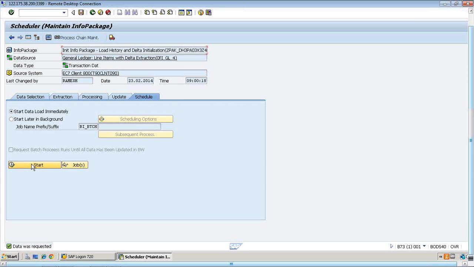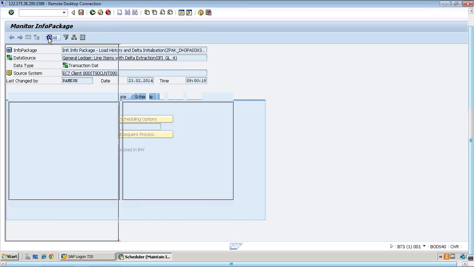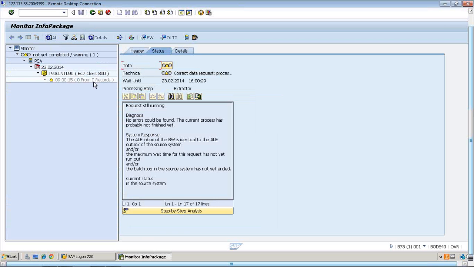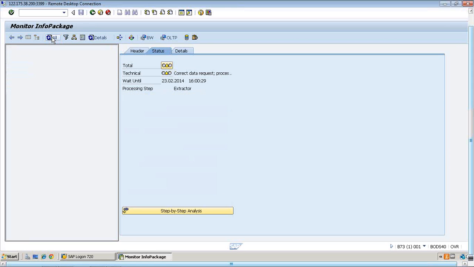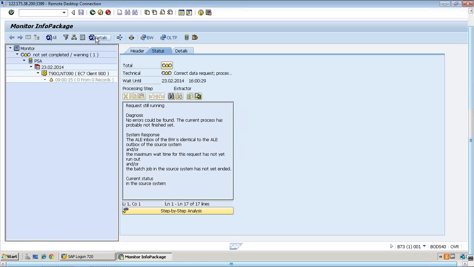Alright, so down below it says data was requested, and I'm going to the monitor, which is this button right here. So it will extract all the historical data in the ECC system into BI and initialize the delta. So let's wait there for a minute or two,